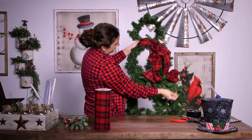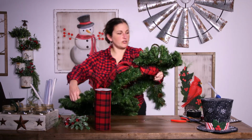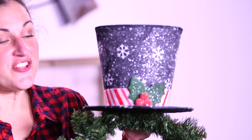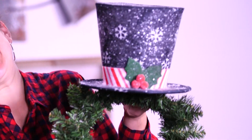So you could be done at this point, or you could come on and add a snowman hat. So there's lots of ways to spruce up your snowman. At Carolina Pottery, we decided to use this